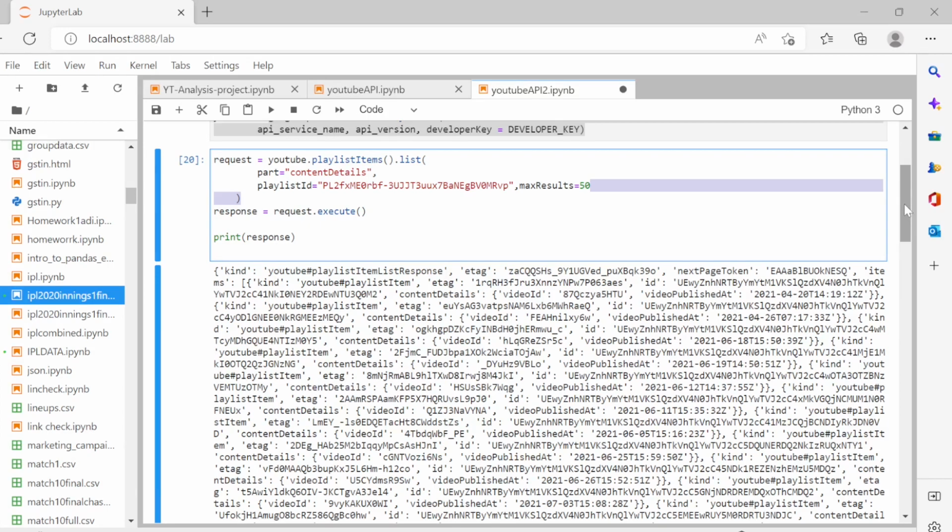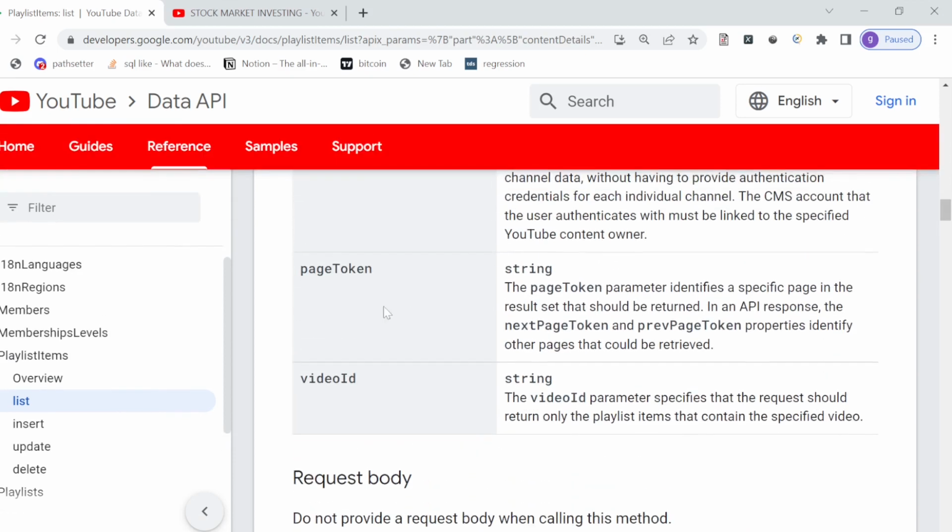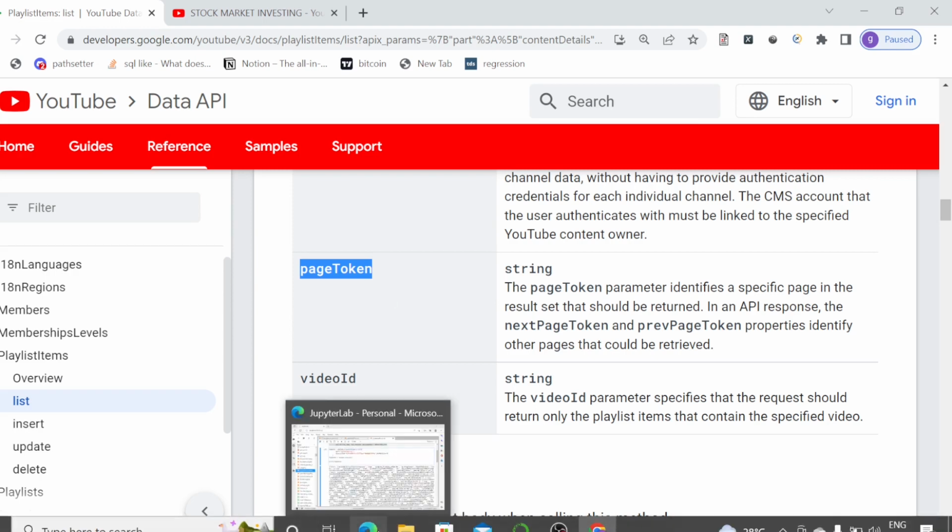For this, the API itself has a hidden trick in it. The concept is called the next page token. So these are the video IDs in page number 1, but it has given us a next page token, which is basically the token for the next page. If I go back to the documentation, they have another parameter called page token, which is optional. By putting a value for the page token, we can get the videos for that particular